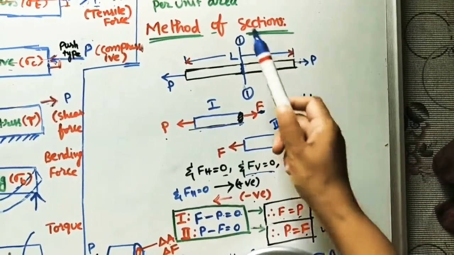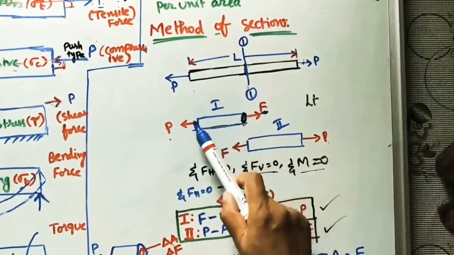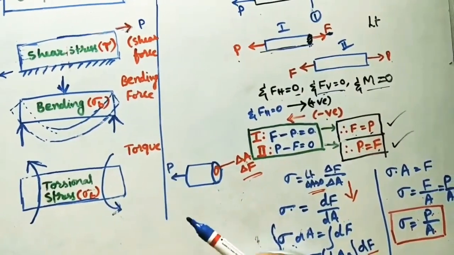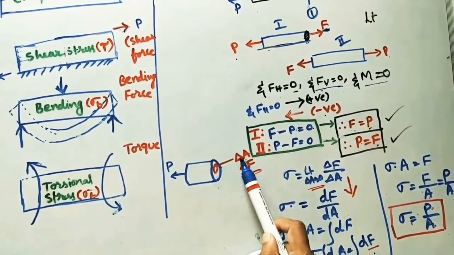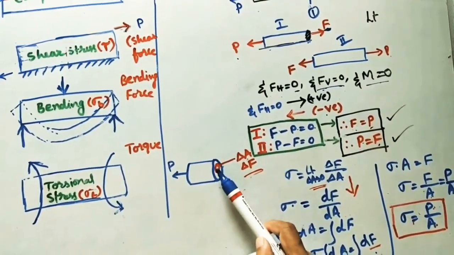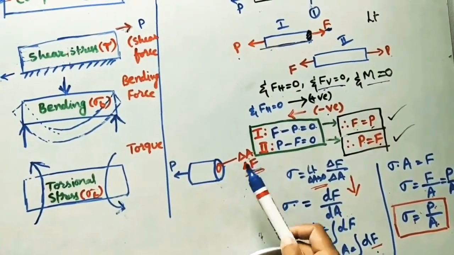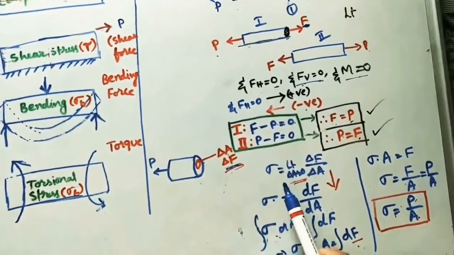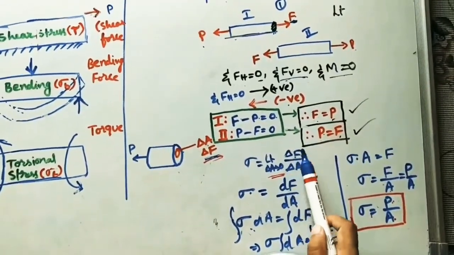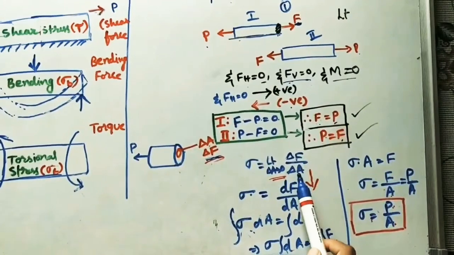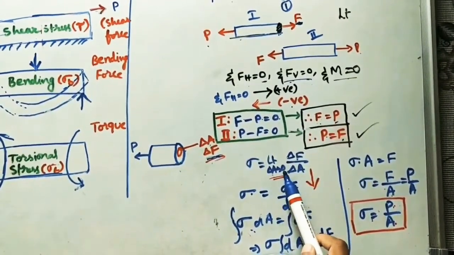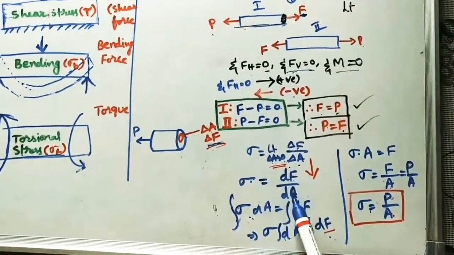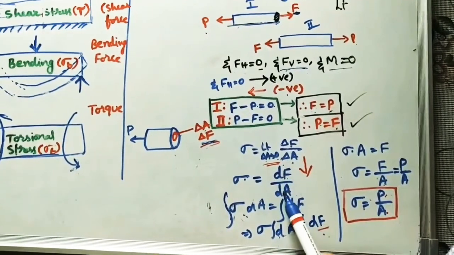Now for calculating the stress, I am taking the first section here. In this first section the applied force is P. Instead of the entire area I am taking a small area, delta A. Whatever molecules are there, those are applying the resistance force. Instead of F, I am taking del F, or delta F. So the stress formula, as we know, is resistance force to the area: del F by del A, where del A is changing, tending to 0. In the form of differentiation, we can write dF by dA.